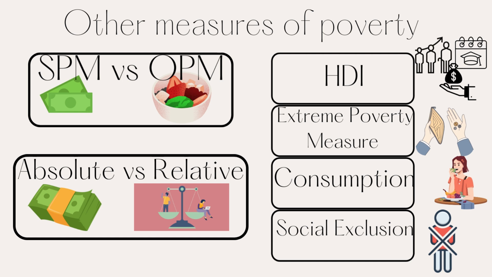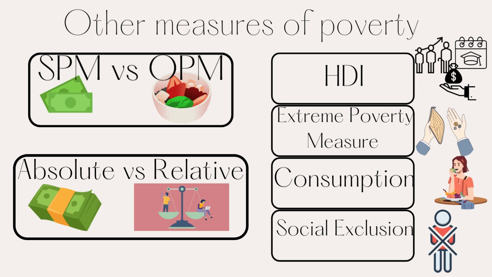Looking at the absolute measure, it is developed in reference to the basic psychological needs where the measure does not change as the standards of living do change, based on Iceland's definition. The resources that it takes into account are cash income, but the main disadvantage is that even though standards of living are constantly changing throughout generations and the years, the measure does not change along with these changes in standards of living.